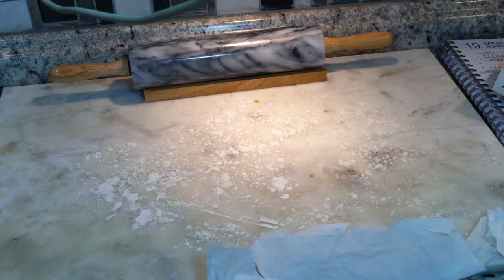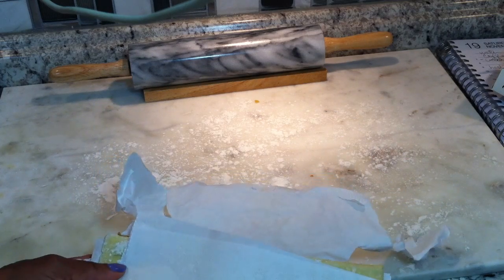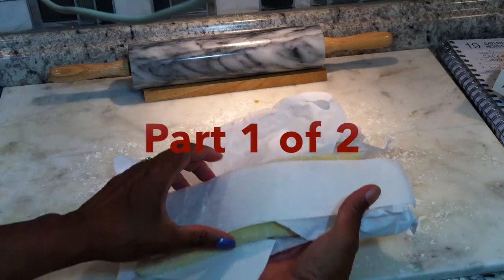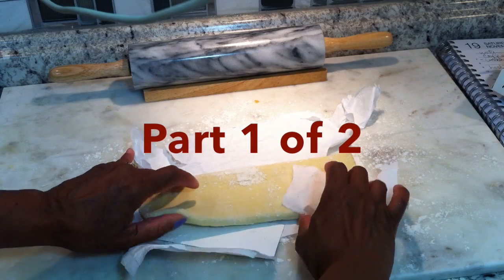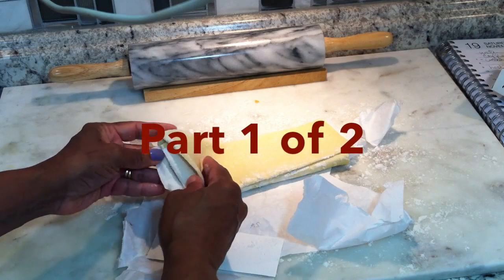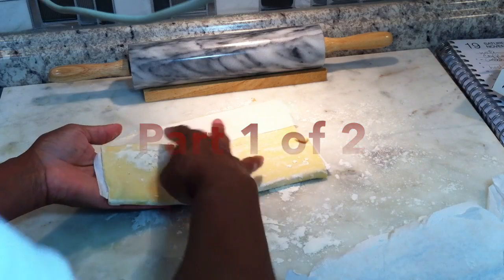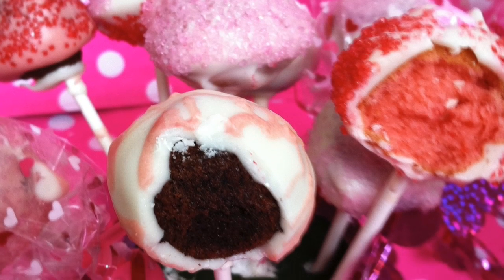Okay, so my new favorite pastry sweet is now these puff pastry sheets that you can buy at the store. So you get them like this, and they're already pre-rolled and mixed, and all you need to do is just really separate it. Now they come frozen, so you need to let them thaw so you can